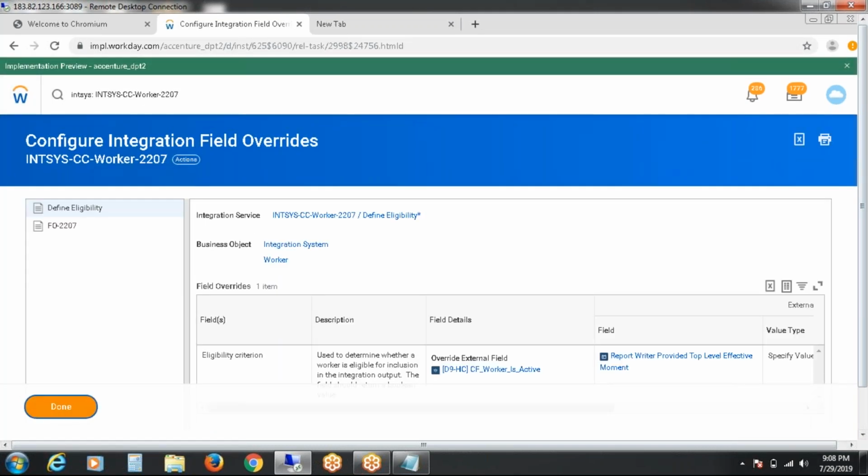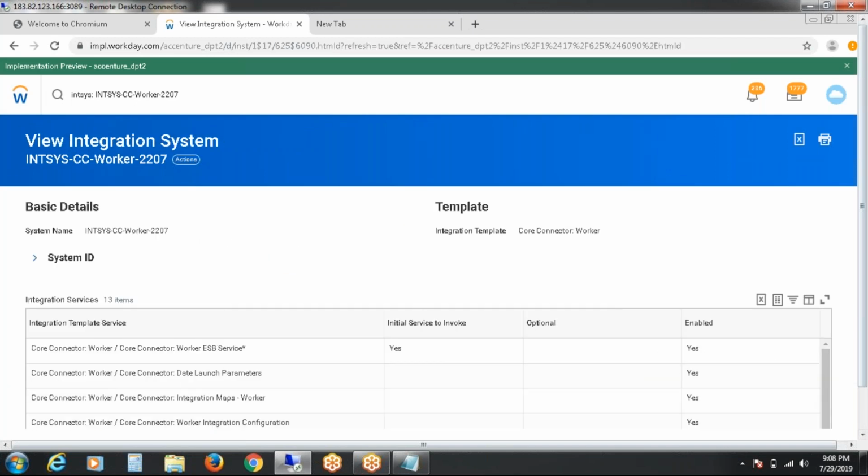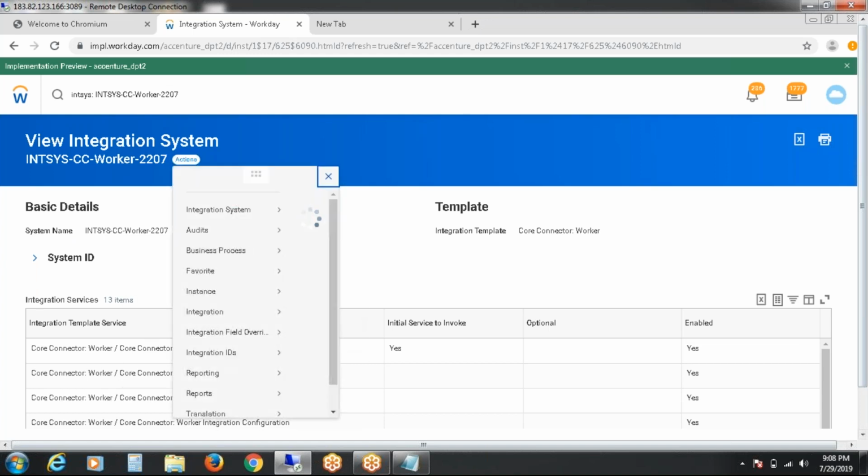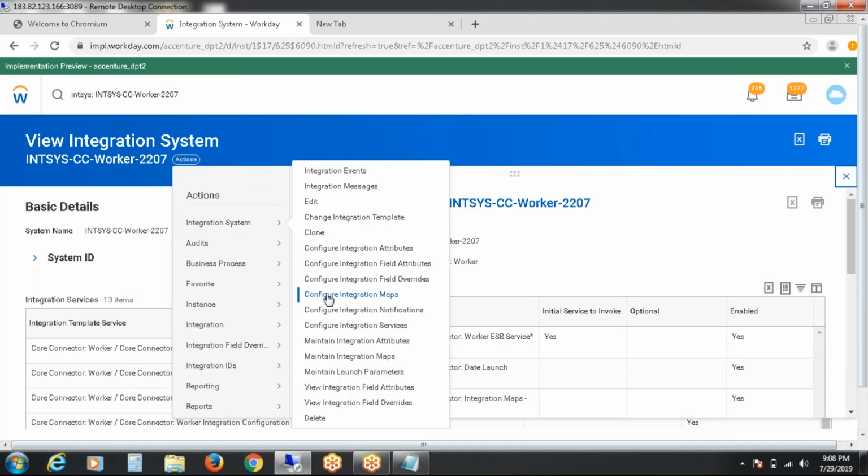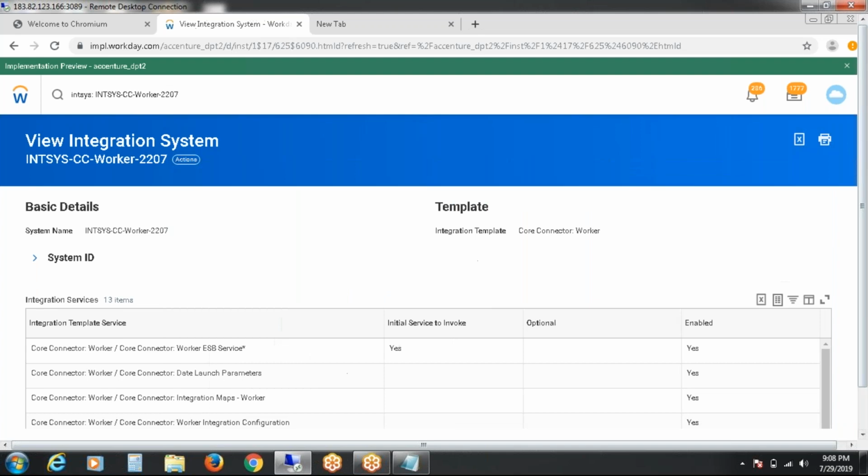Now, what is the other process? Mapping. As I already told you, if you want to see the result in a single letter, you need to map the values. Only a few values have mapping related, and only those can be called. I am doing it on field integration maps. Here you can map whatever you require to see in the single letter format.